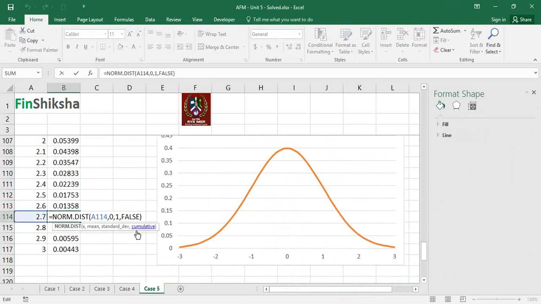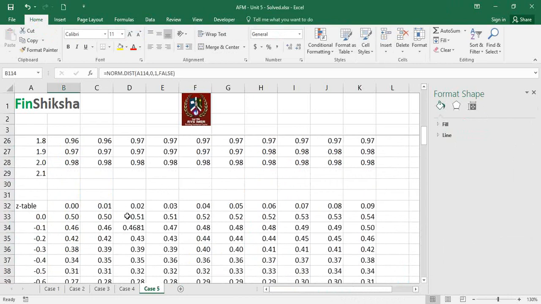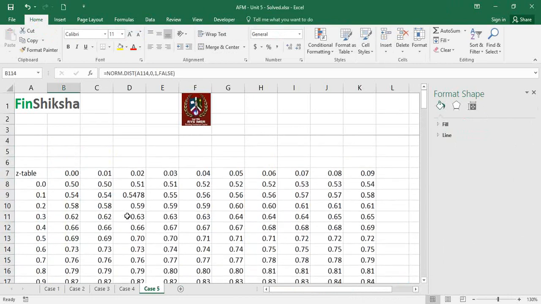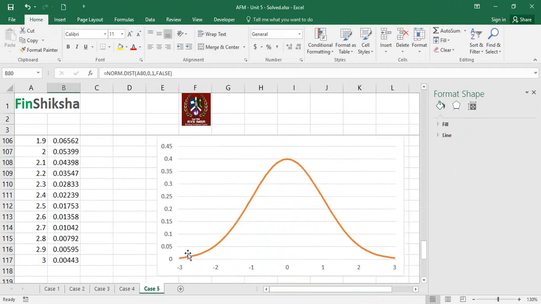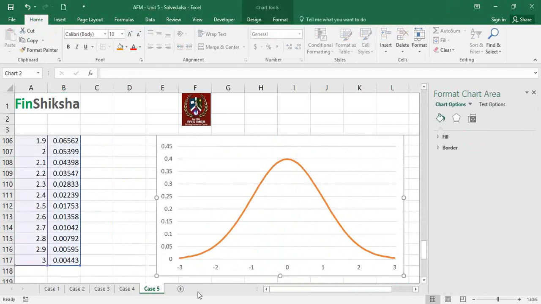So instead of using true here, which gives you the cumulative distribution, and that gives you essentially the Z tables, to plot the curve, we're going to use false here, and then we can plot the curve essentially here, right? And that's basically this particular exercise. That's how we create Z tables. It should be fairly easy to interpret and understand Z tables and normal distributions whenever they come across you. It's important to have an understanding of these. And that's basically the end of this particular case in AFM.